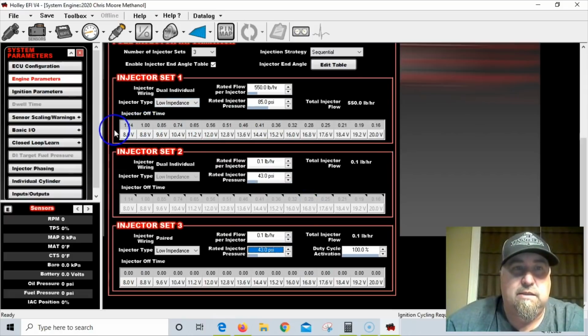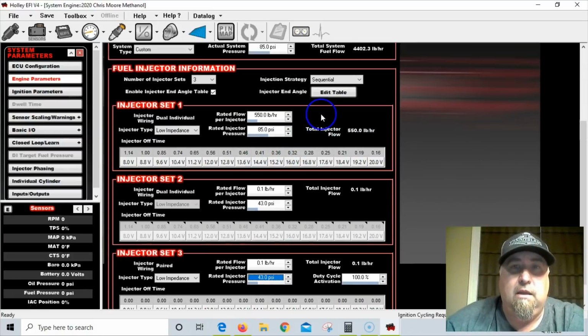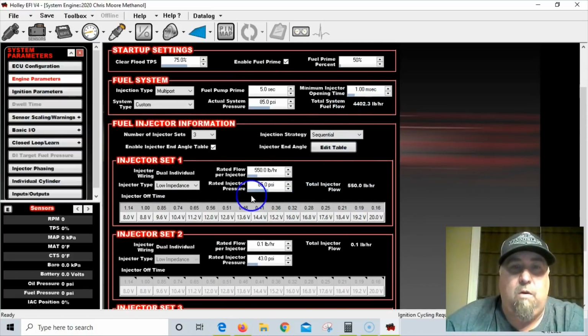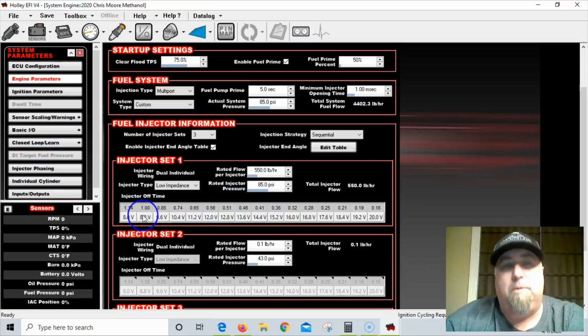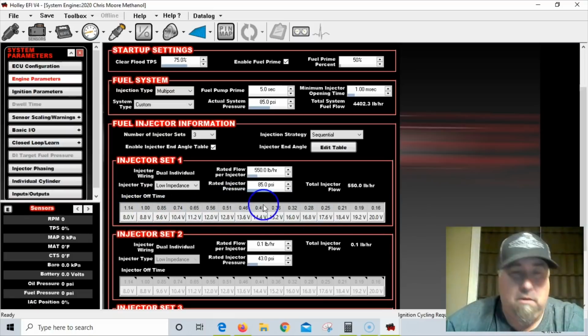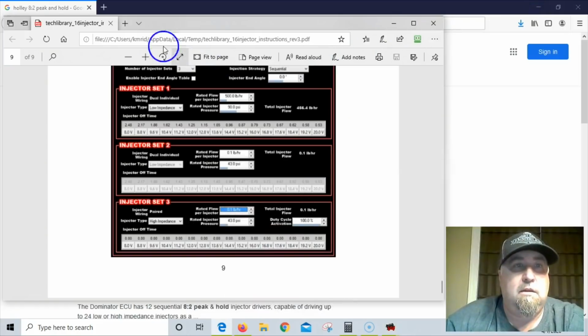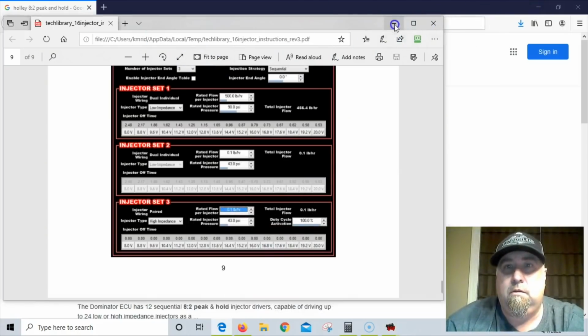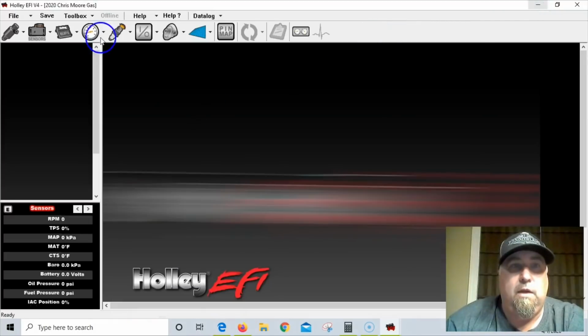That's a couple things in there. So let's go back to this injector off time. If this is wrong, the injector does not behave properly. So I don't know, it's a little above my pay grade. I don't really understand it 100% completely, but I know mine was not running worth a crap, and then I ended up calling Precision, and they gave me this table. And so what we're going to do real fast is, the easiest thing to do is to go into,